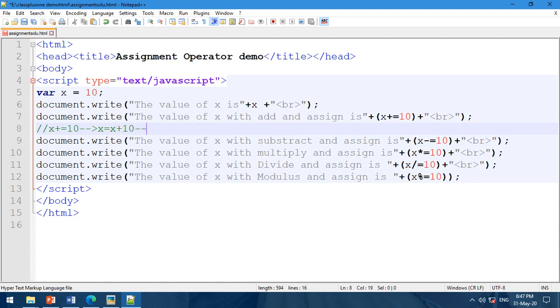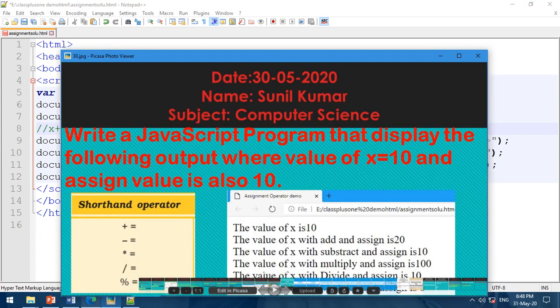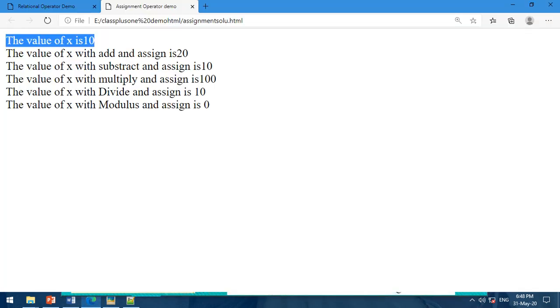So here the value of x is 10, and our other value is also 10. So 10 plus 10 is equal to 20. That's why x plus equal to 10 is 20. So the next value is 20.